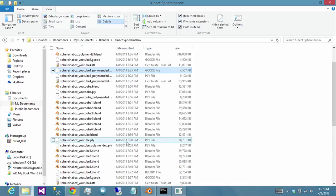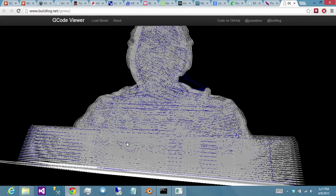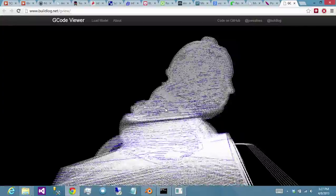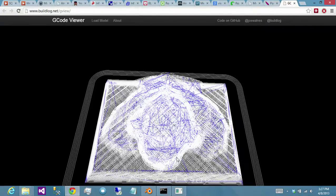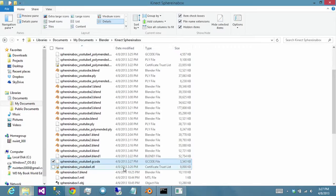Let's load up my one from earlier. Yeah, I'm not seeing any repeated layers on this one. And if you tilt it right, you can sort of see the text down there. Sort of read it. I am not going to stress too much about it since I have this one to print, but hopefully you guys don't get stuck in the same problem. I expect what I can do with the one that it didn't like